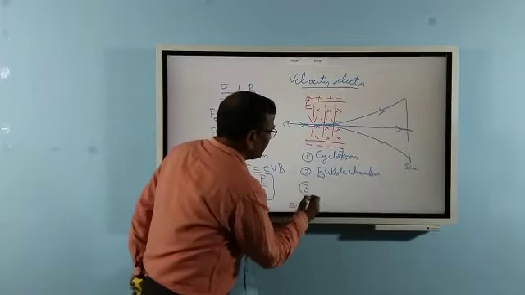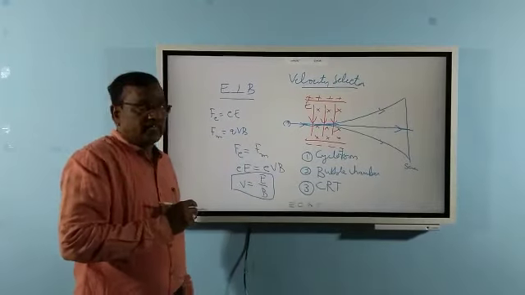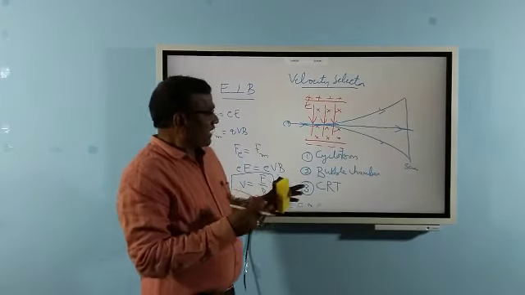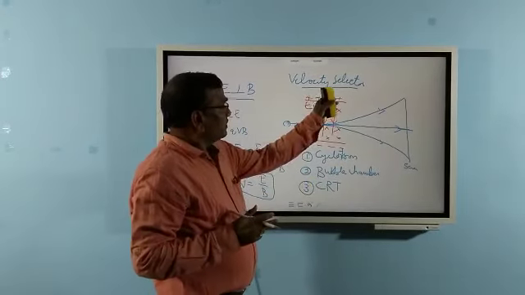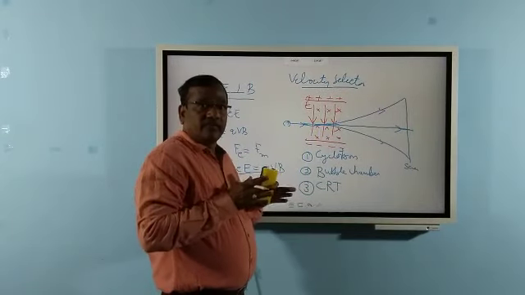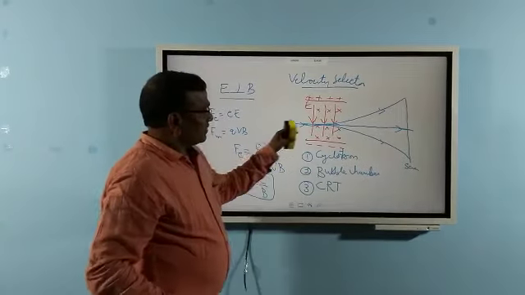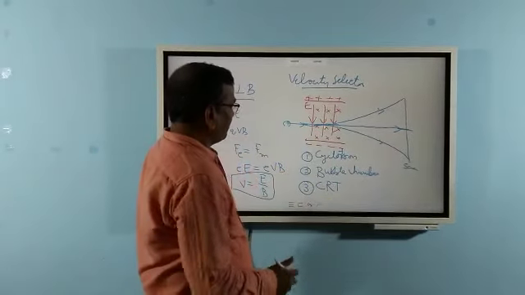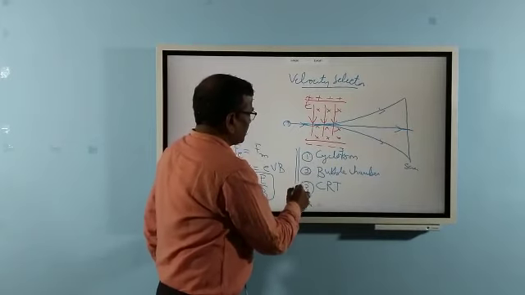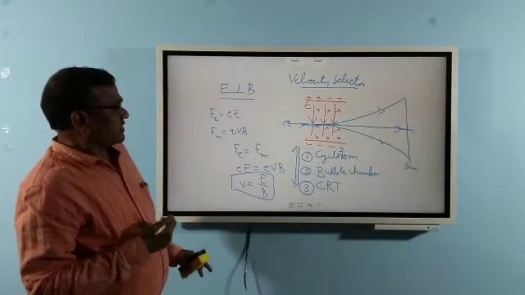And the third one, in the TV, we use this in CRTs, cathode ray tubes. In that also we have an electron gun, and with the adjustment of two fields mutually perpendicular to each other, we release the charged particle, and then we can observe that the path of the particle is a straight line. So these are the various applications, even in our daily life or in science and technology.